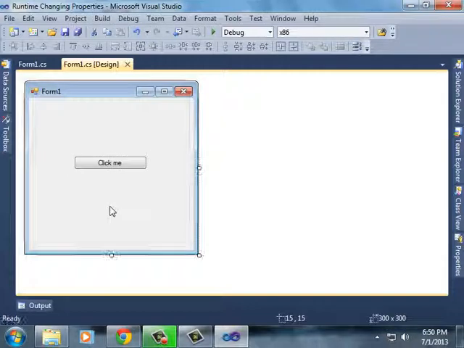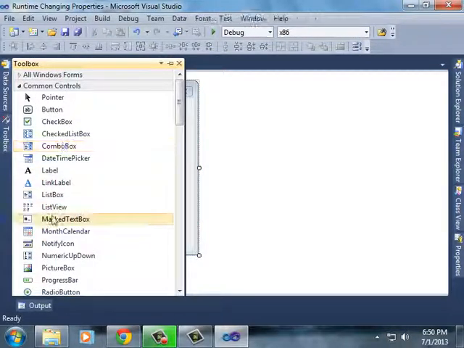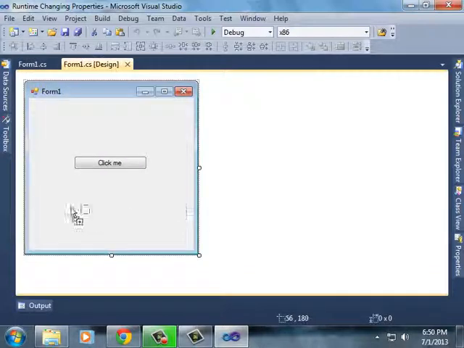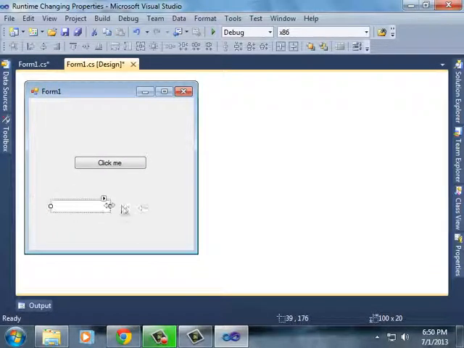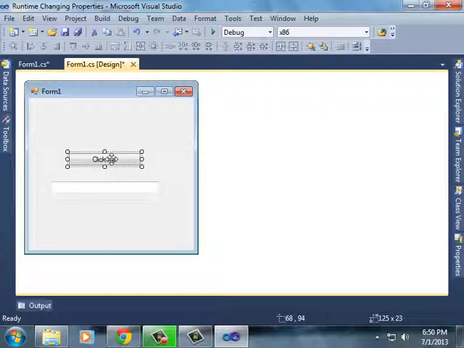Now let's do some work on other controls. Add a text box. I am adding a text box now. One text box, and what I want to see is that whenever I click a button, the text in the text box should appear in the button. It means that if I have typed something like XYZ in the text box and then I click the button, then the text present in this box should also appear in the button. So it means that I want to do something on a click event.